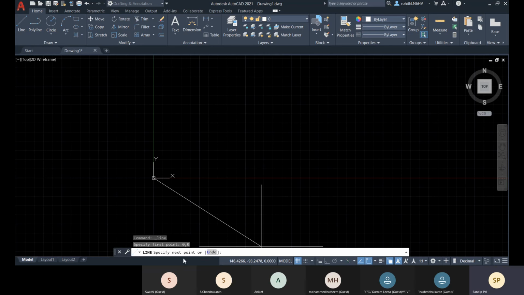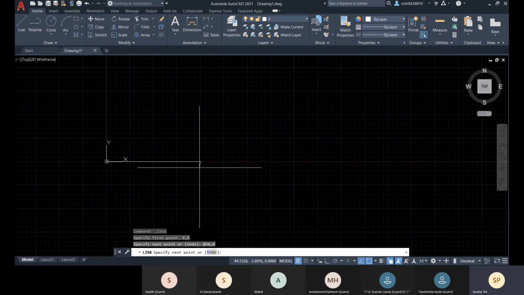Now let me define the next point. So for this next point, what I'll do is I will put at the rate 50 comma 0. Now for this second point you will not get any difference because the previous point is also your origin point, right?